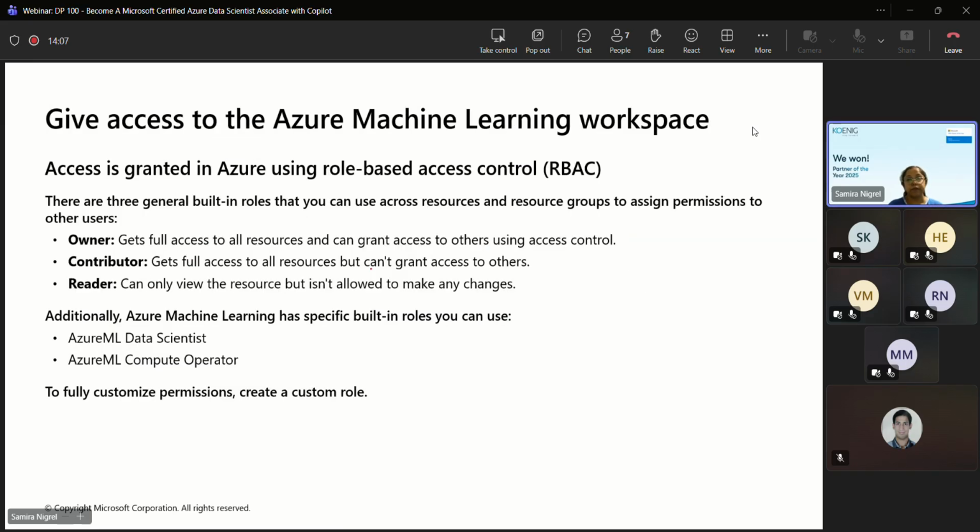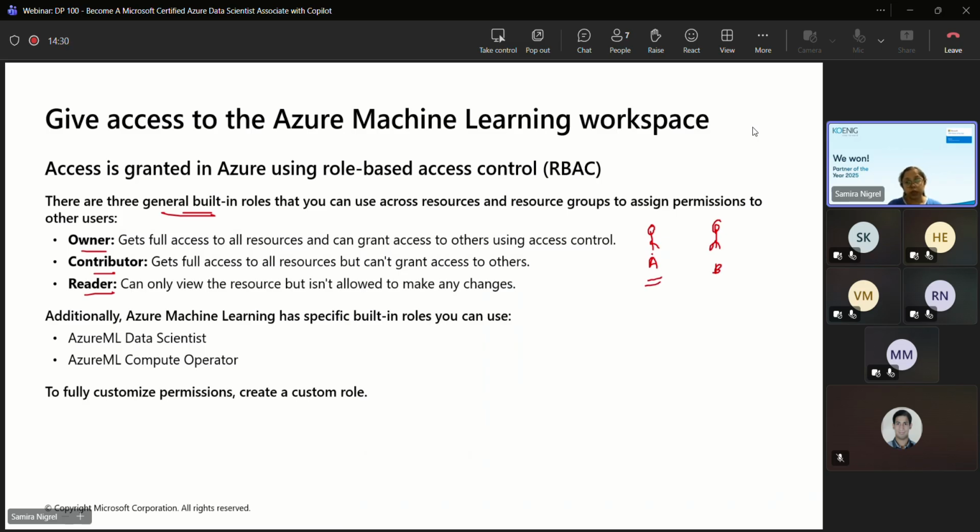There are various accesses, like certain pre-built, general built-in roles: owner, contributor, reader. So if there is a user A who has created a resource, they can grant user B the owner role.